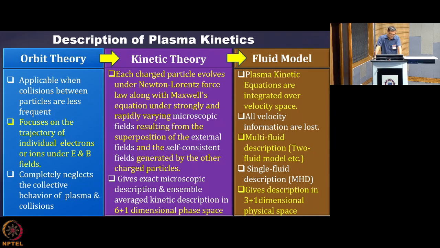So what do we come to know? At every instant of time, the plus 1 dimension is for time, and the other 6 dimensions are 3 for space, x, y, z, and the other 3 for the velocity components. So 3 for space, 3 for velocity, and 1 for time. That is the 6 plus 1 dimensional state space. And here we describe every species' position and momentum at every moment.